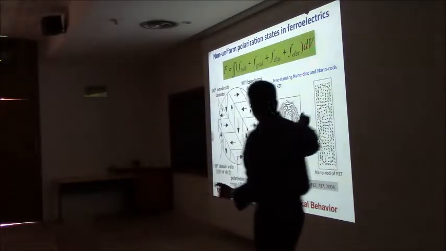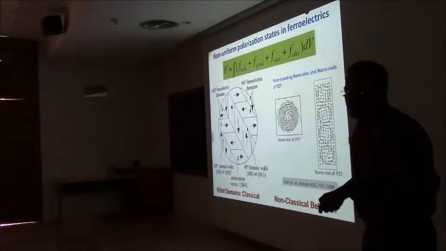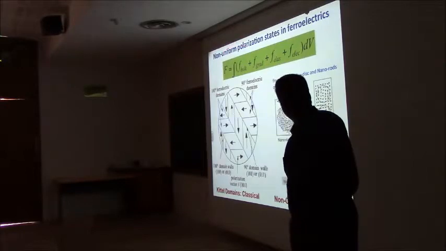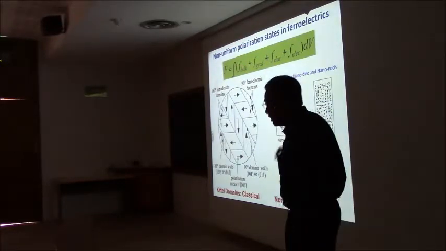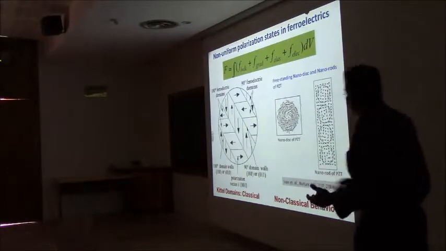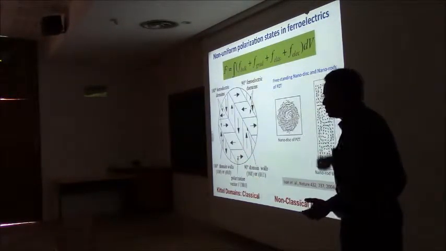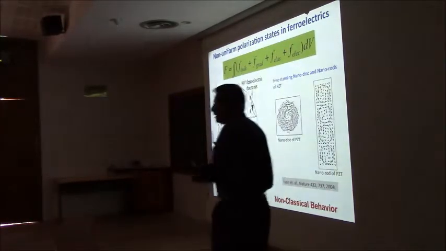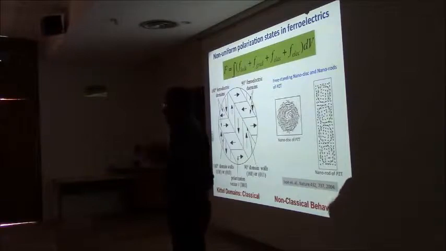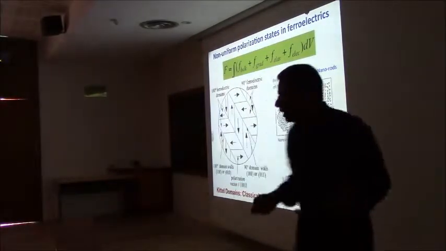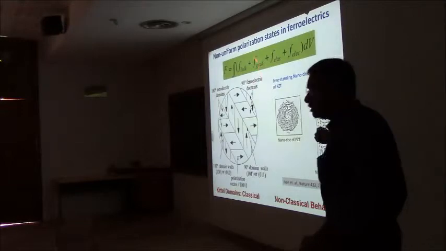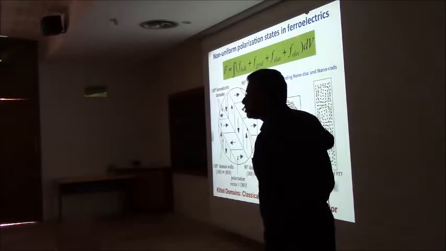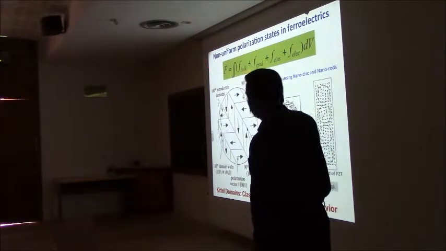So in our case, we have four terms that contribute to the Hamiltonian of the system, the free energy of the system. One is, of course, the Landau free energy, that bulk. There is a gradient energy. In all of these terms, you always see the gradient term, because you're going to be putting in domain walls where the polarization is changing directions. But in the case of a material that's stuck to a substrate, which has very different structural and mechanical properties, you have an elastic energy. And this is going to be a very important player in our discussion today. And then, of course, there's an electrostatic energy. And that's what you play with.